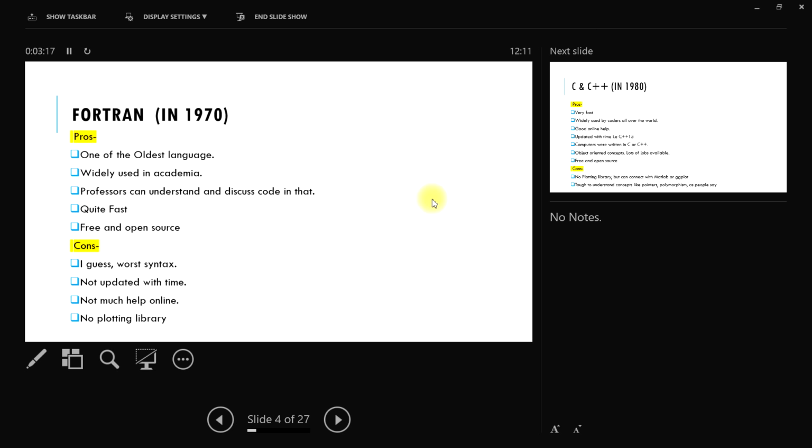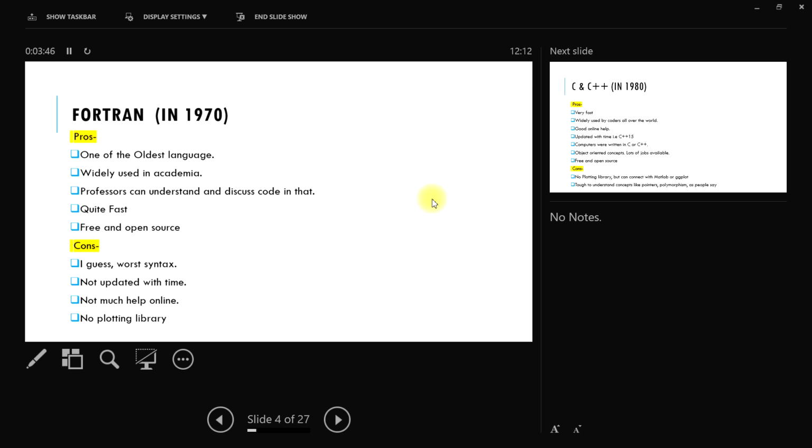So there are many languages, of course, you know, FORTRAN. So I will start with FORTRAN. It is one of the oldest languages. And okay, COBOL, and there are many other languages. FORTRAN started somewhere in the 1970s. Of course, there are pros and cons with FORTRAN. It's one of the oldest. Mostly it is used in academia. All the codes which you will find here in this lab, people have written in FORTRAN.